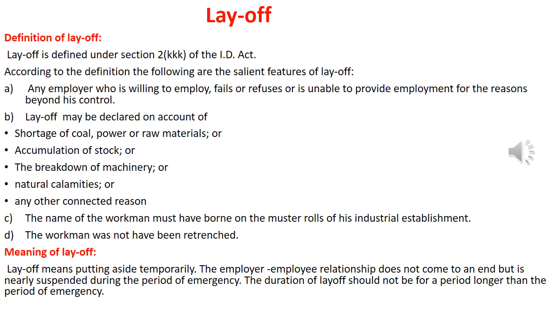The terms layoff and retrenchment were not originally incorporated in the ID Act 1947, but when there was a great famine in West Bengal during the 1950s, the employers failed to provide employment to a large number of workers, and this resulted in industrial unrest. Due to non-availability of raw material and worst marketing conditions, the employers terminated the workers from the services, and this became a big blow to the poor workers. So those who had been serving the employers for a long period were on the roads.